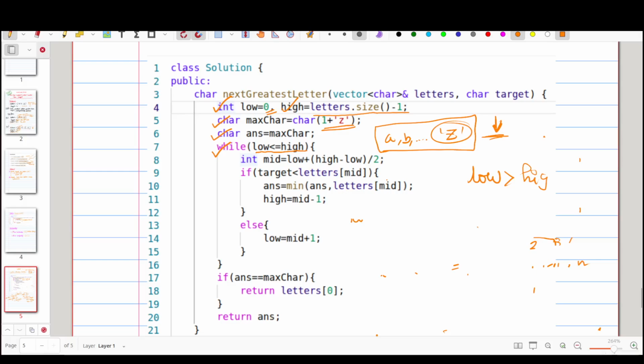Now we calculate the mid pointer, as I already said: low plus (high minus low) divided by 2. If the target character is less than letters of mid, that means this is greater than the target character, so this can be a valid answer. So we update the answer to the minimum of answer and letters of mid. And as we want the smallest valid answer, we update the high pointer